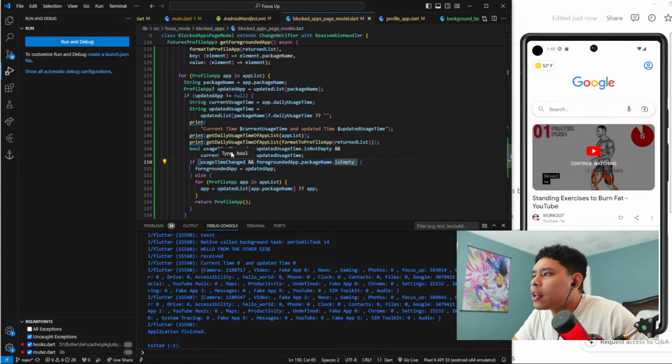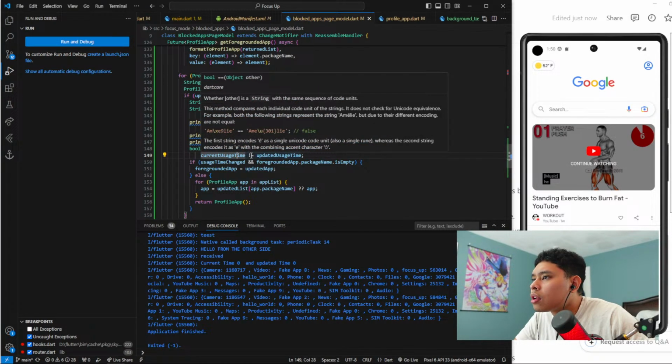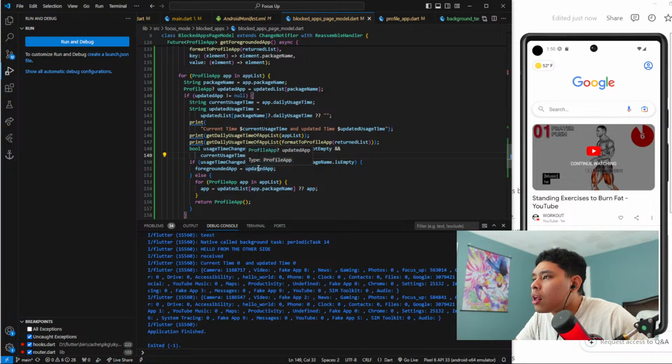Okay, and then usage time changed if this is not empty and current usage time is not equal to current usage time. Okay, so if usage time is not empty and the time is okay,